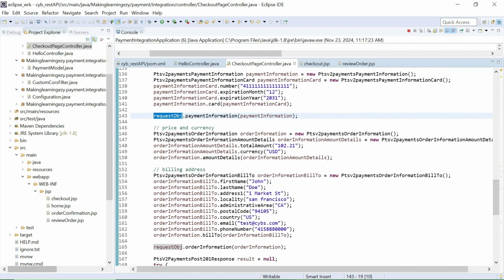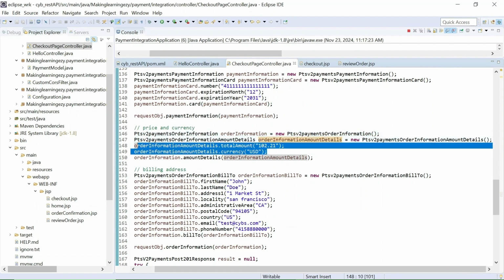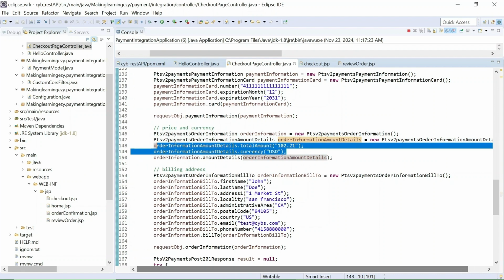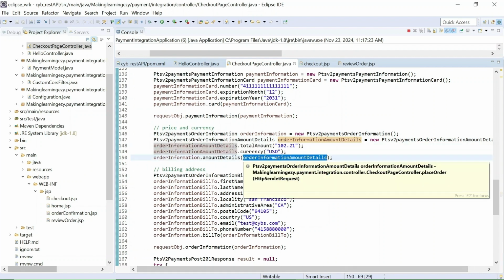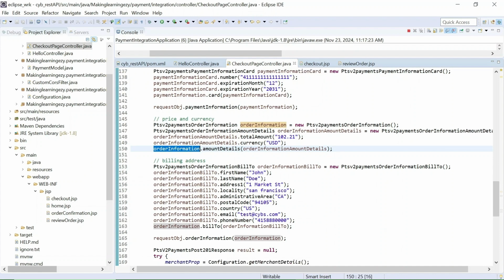Here we need to create the object for the price and currency. So this is the object you need to create, and then this object you need to create, and in this object, order information amount details, you need to set the currency and price, and this order information amount details would be set in the order information object. In this order information object we also set the address details.